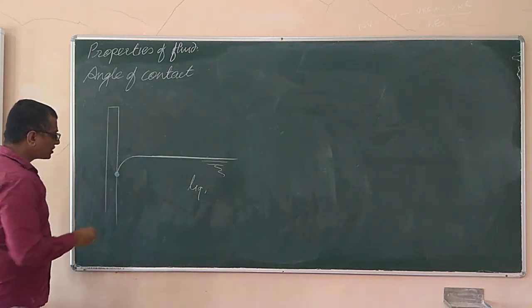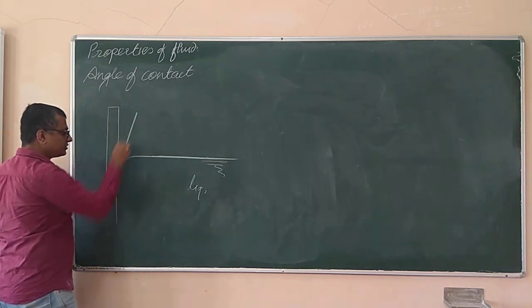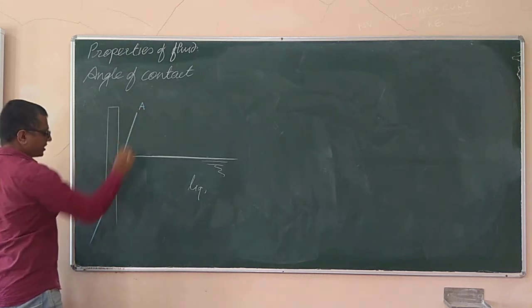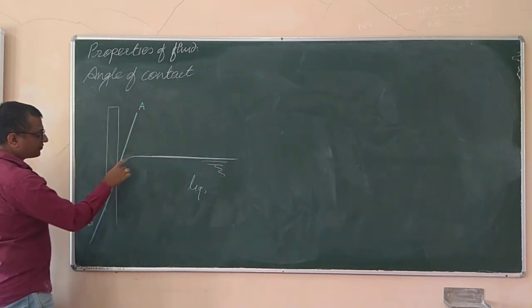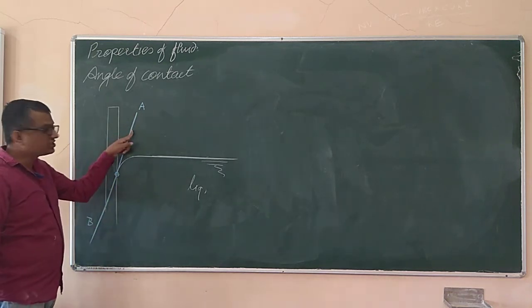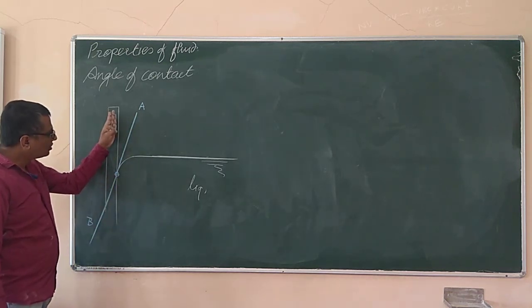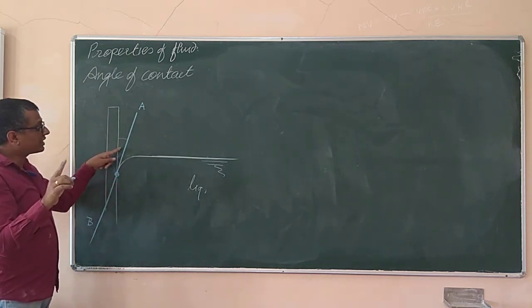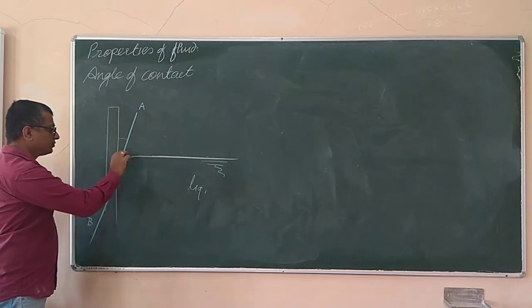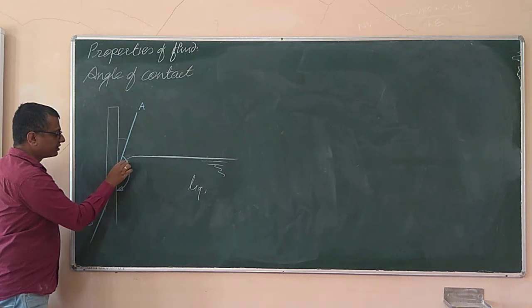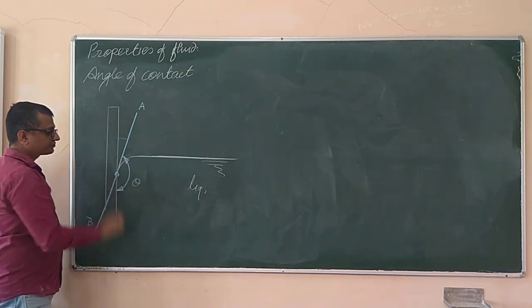Now draw the tangent to that curvature at that point. So the tangent will be somewhere over here, something like this. Say AB is the tangent drawn to the curvature of free liquid surface at the point of contact with the solid boundary, and the angle made by this tangent with the solid wall, but not over here. The last line says taken inside the liquid region, so it has to be over here. So this is the angle of contact for this particular liquid to solid interface, that is the angle theta.